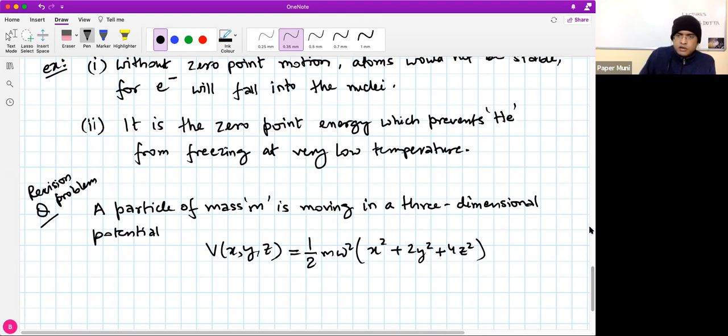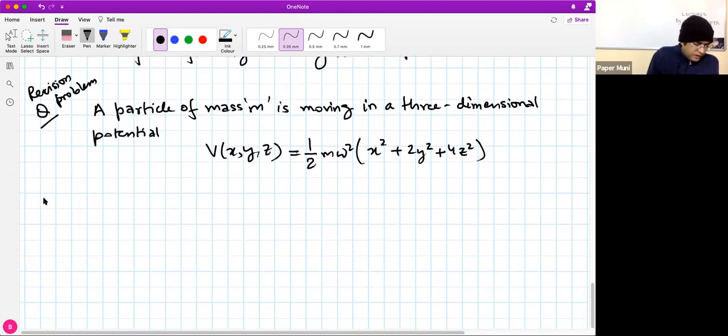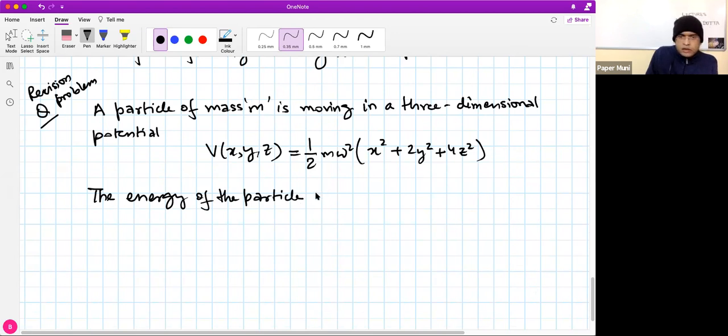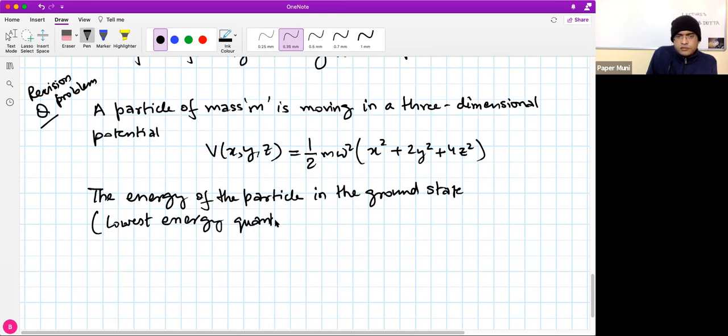This is the potential, and the question asks: the energy of the particle in the ground state, so this is the lowest energy quantum state, is